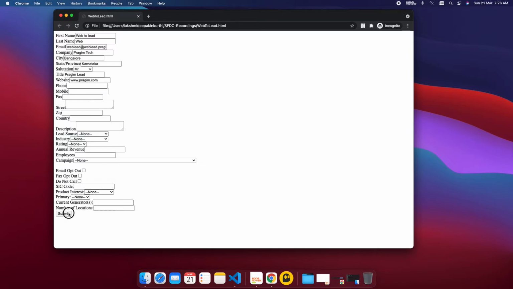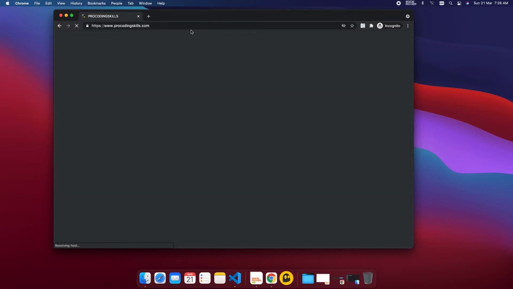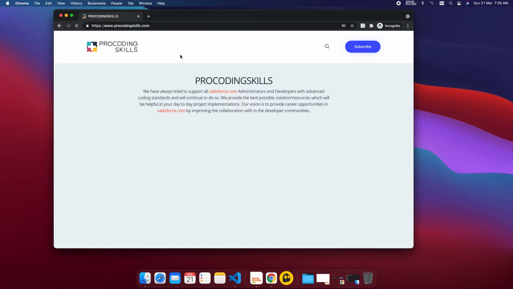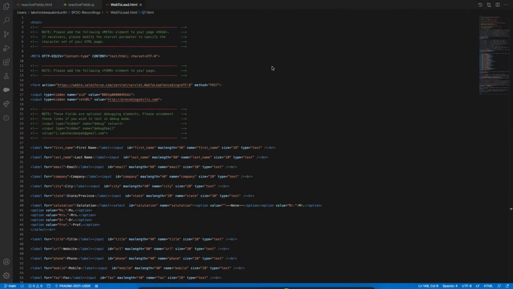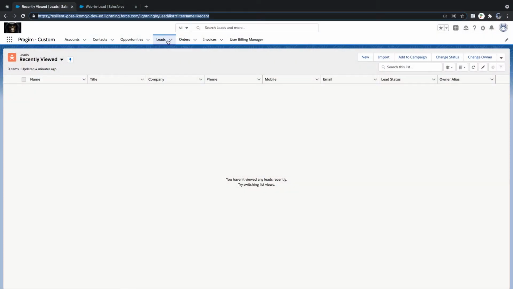If I submit, the return URL will be, it is going to a servlet. I mean, it's kind of a JSP servlet, and I passed my return URL to procodingskills.com. Now this is closed. If I go back here, if I can see all open leads,